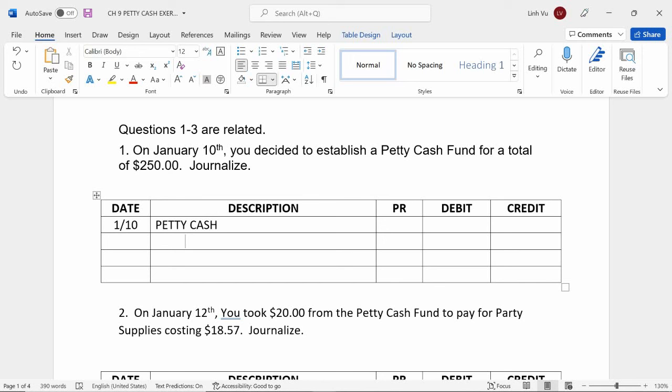The ledger. Not the ledger. What account am I going to be crediting? Accounts receivable. Not accounts receivable. Accounts receivable is when a customer owes you money. So